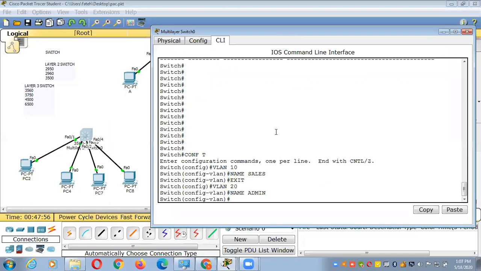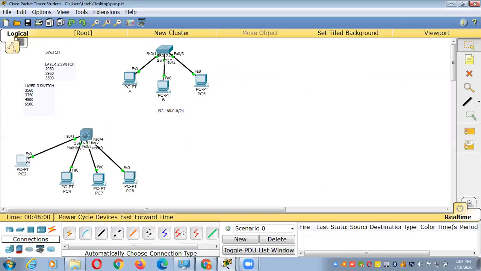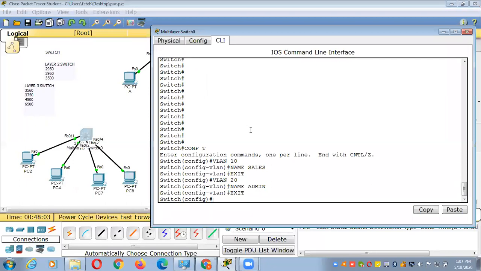I'm going to assign these two interfaces to VLAN 10 and these two interfaces to VLAN 20. I will check the interfaces here. This is F0/1 and this is F0/2. So interface range, this is the first interface and this is the second interface.